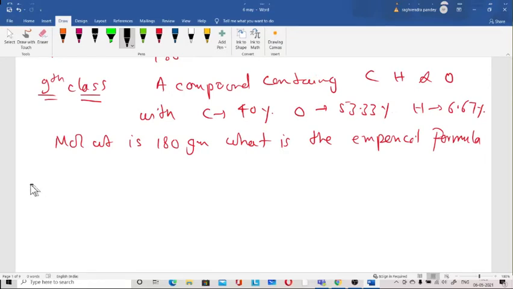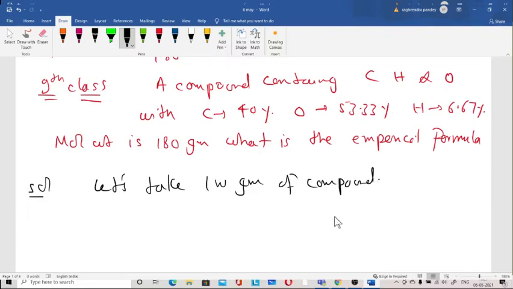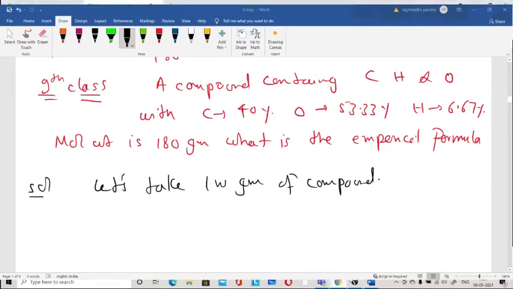Now how to solve it? They have given you in percentage. You don't have to see this line right now, only see carbon 40%, oxygen this, and hydrogen this. So let's take 100 gram of compound. So out of 100 gram,